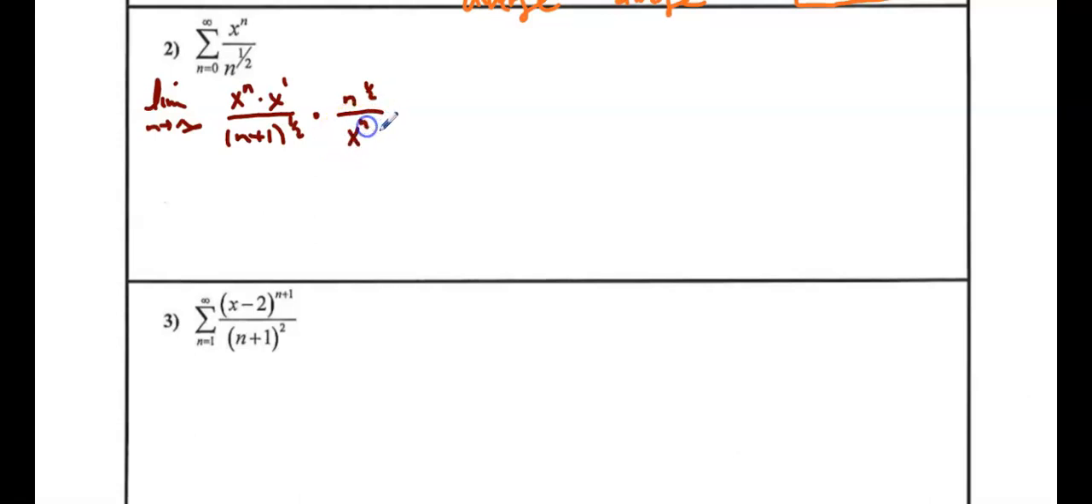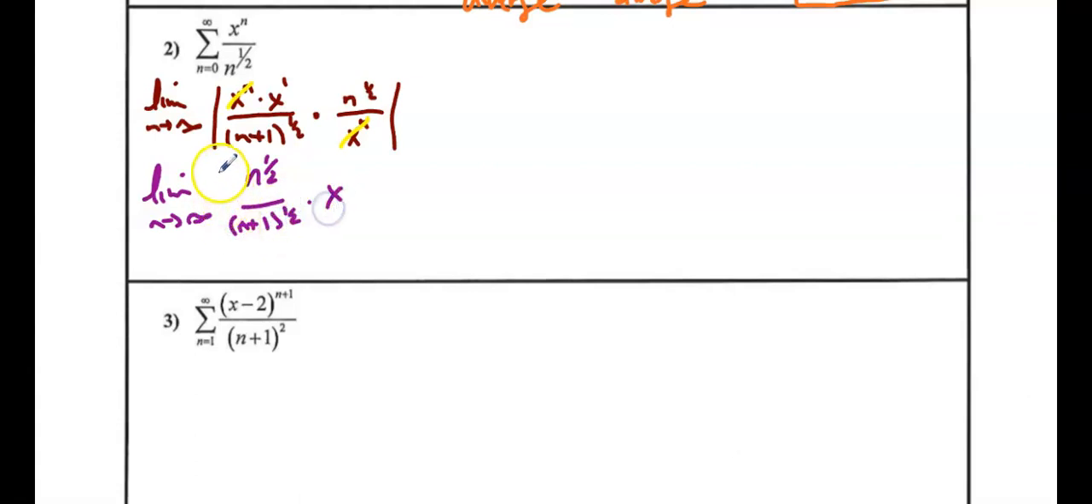And so I will do that. And so if you look at this problem now, I can go ahead and cancel out these two terms here. So we can continue on and find the limit as n approaches infinity of n to the 1/2 over n plus 1 to the 1/2